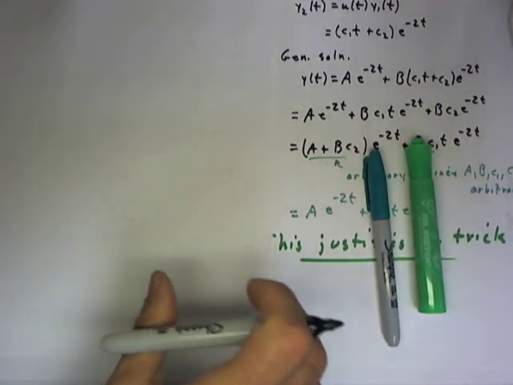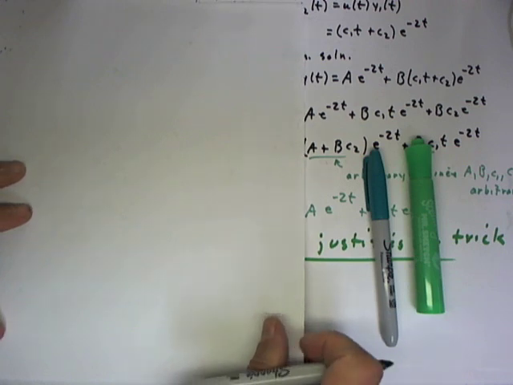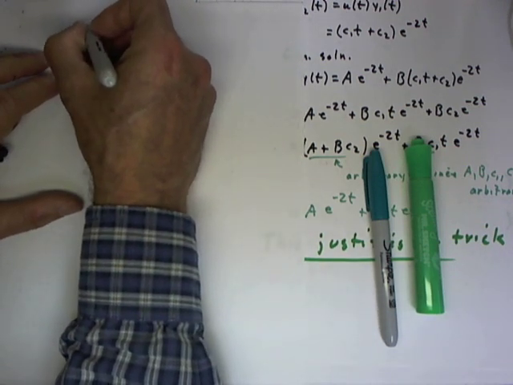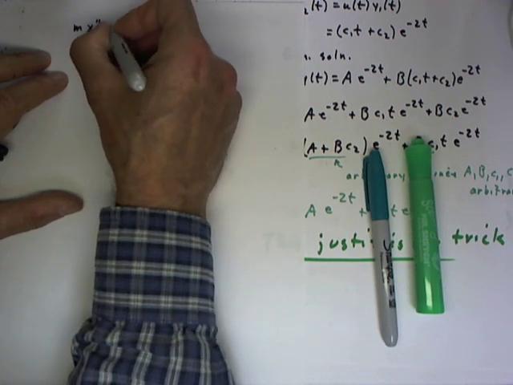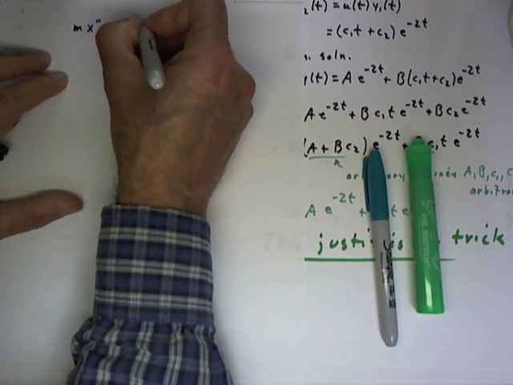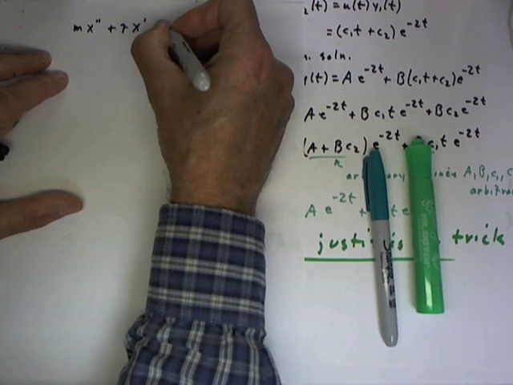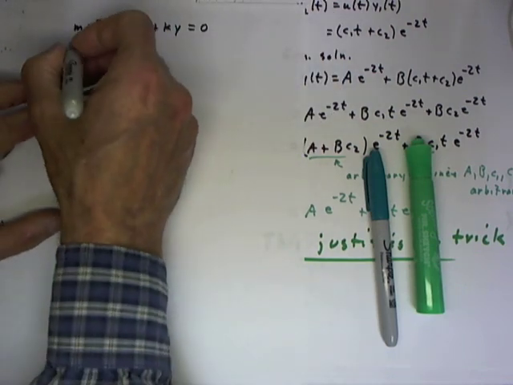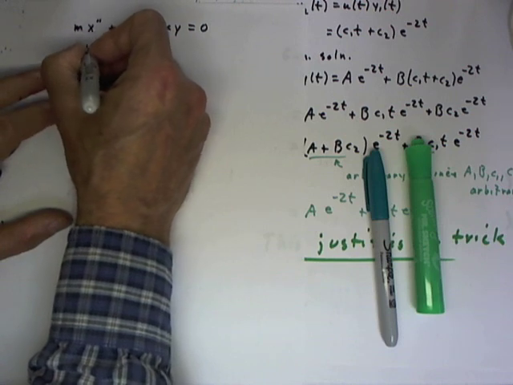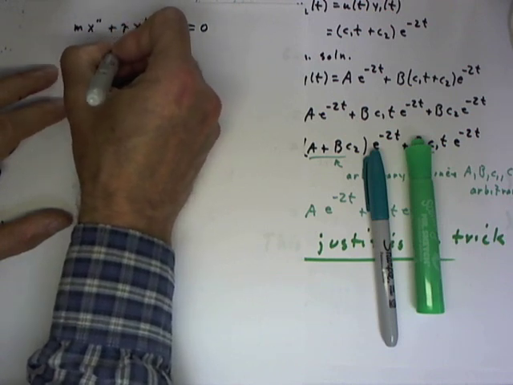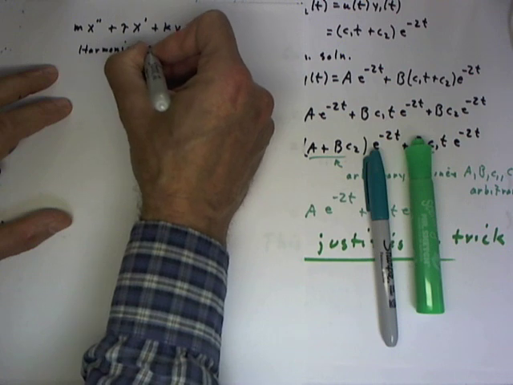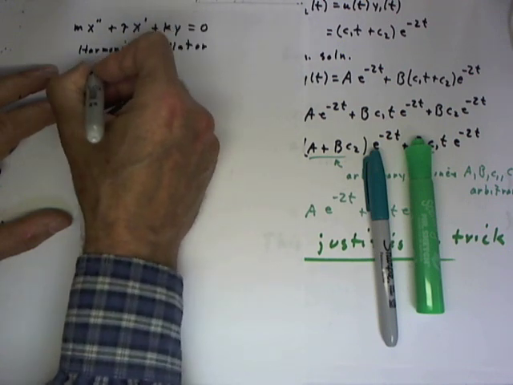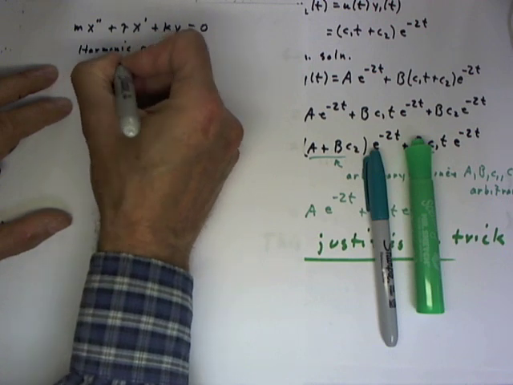Now let's return to the pendulum examples, where we have an equation of the form m x double prime plus gamma x prime plus k y equals 0. This is a harmonic oscillator with mass m,